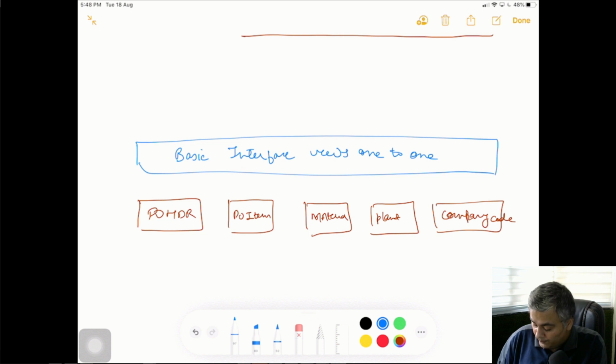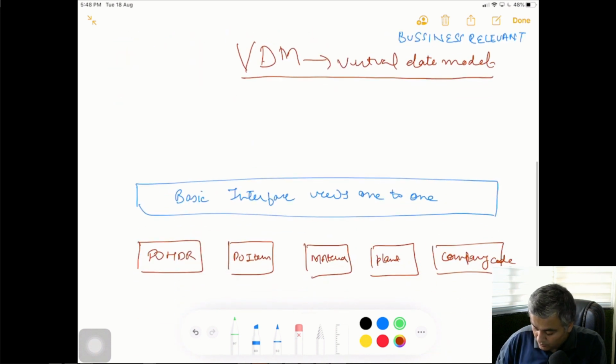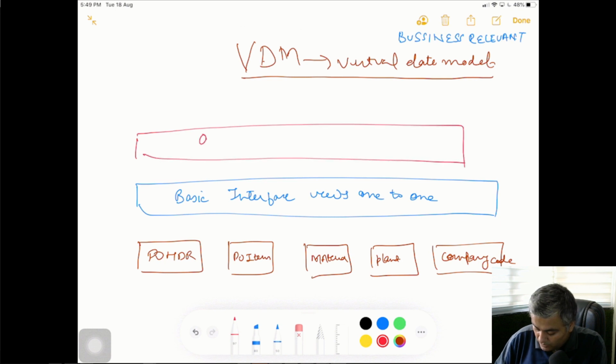And then on top of it, we will create, which color do I use? Red one. So we'll create a composite view, one big view